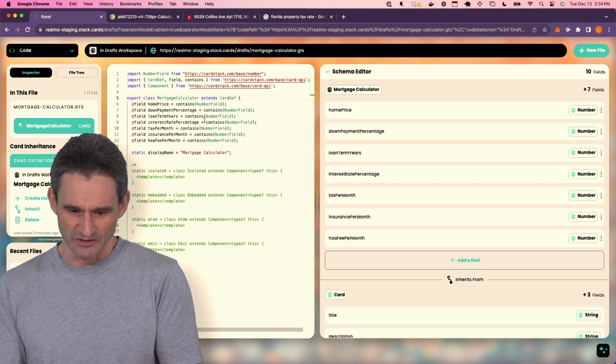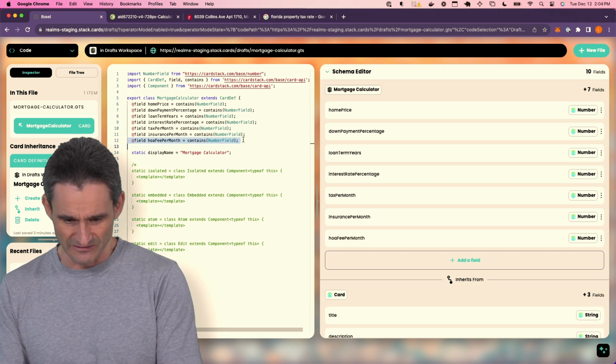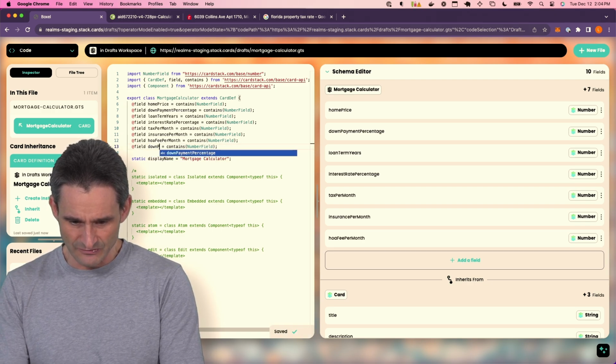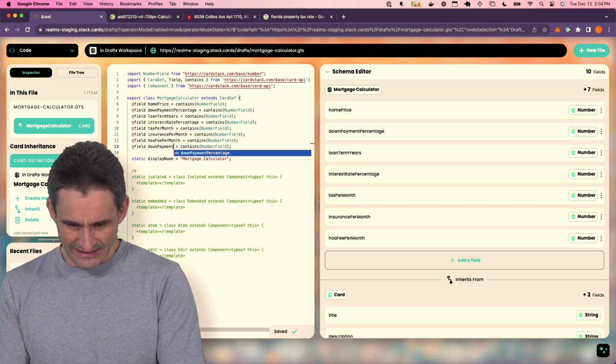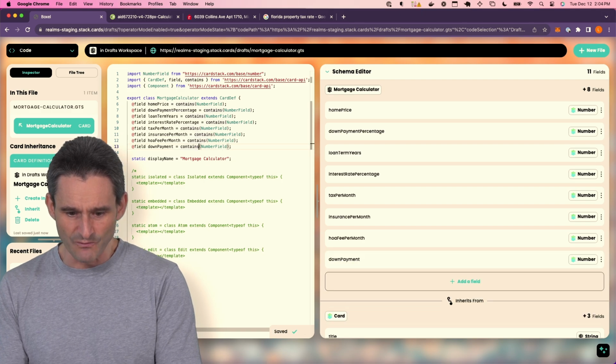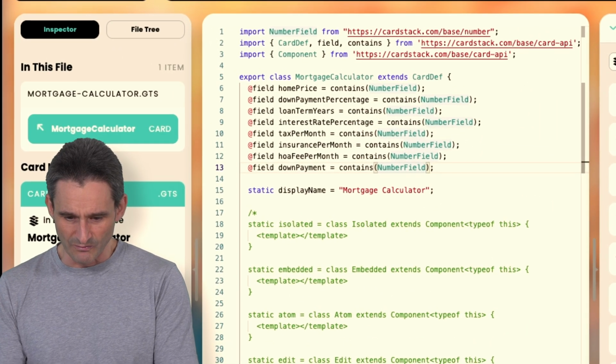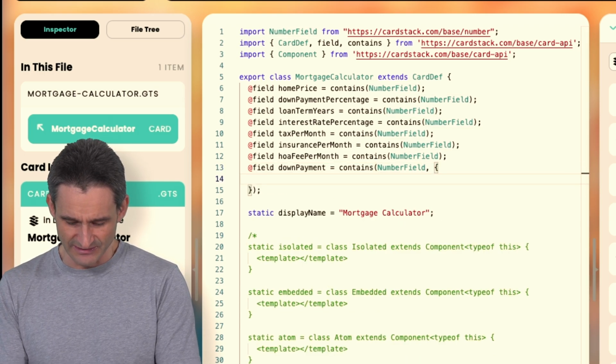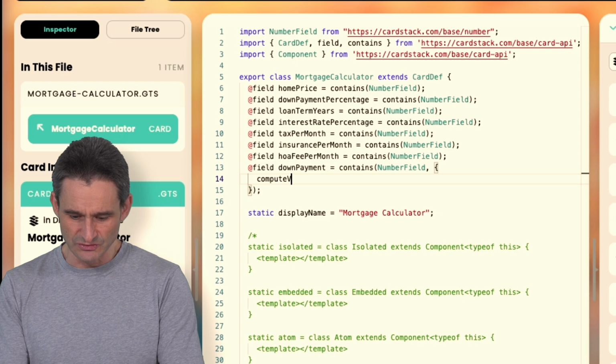So I know my percentage, I know my home price. This is very straightforward math. I'm going to say that this is my down payment, and it contains a number field. And to make one of these fields computed, what we're going to do is say comma, and then a little options array here. We say compute via,